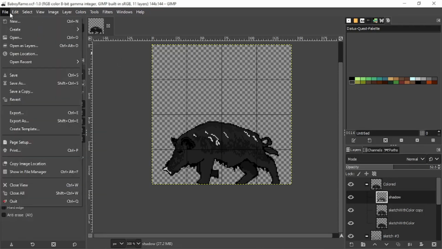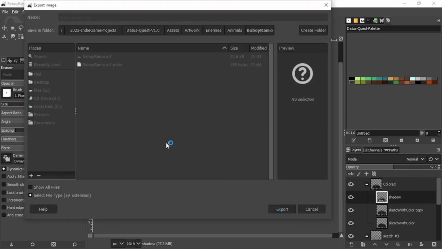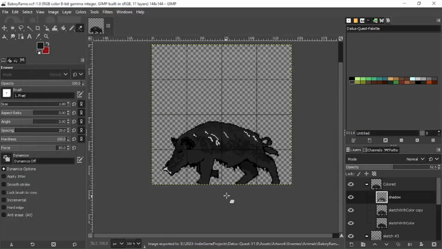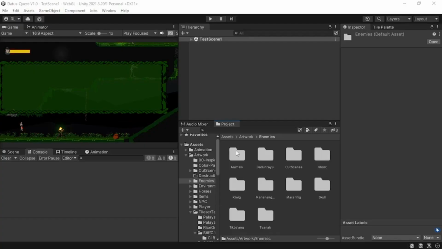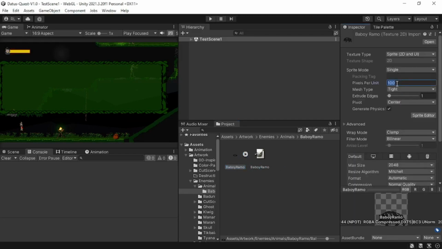Just have to go to export as, you'll see, Baboy Ramo PNG. Now we have an export here, and then just going to go here to this animals, Baboy Ramo. Then in here, we have 100. I can set that to 144 for pixels per unit. This is a single one, so